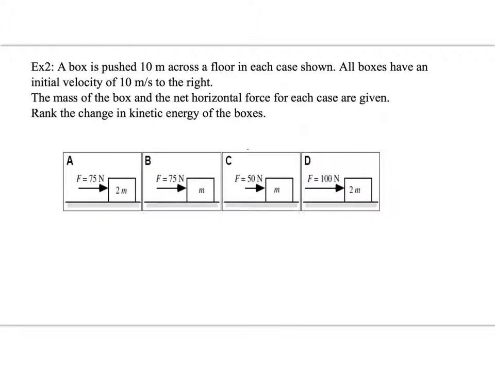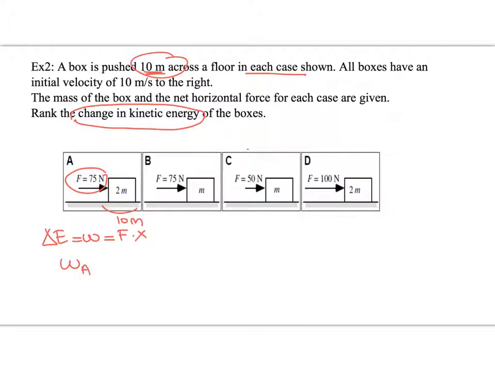A box is pushed 10 meters across a floor in each case shown. All boxes have an initial velocity of 10 meters per second to the right. The mass and the net horizontal forces are given. Rank the change in kinetic energy of the boxes. The change in energy is equal to work done, and work is equal to force times distance. So in A, the force is 75 and the distance is the same, 10 meters. So the work done on A is equal to 75 times 10,